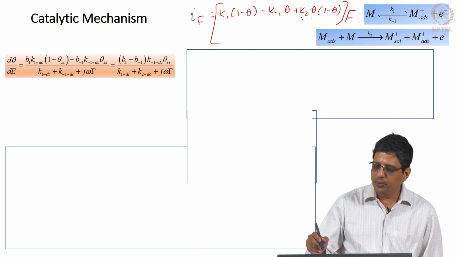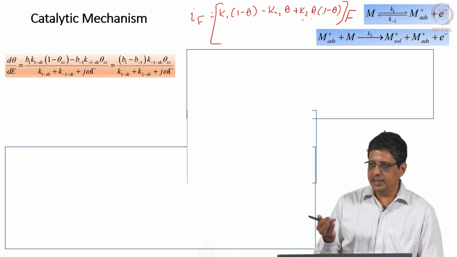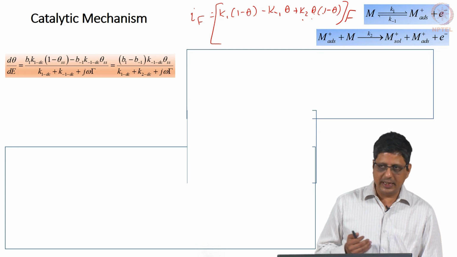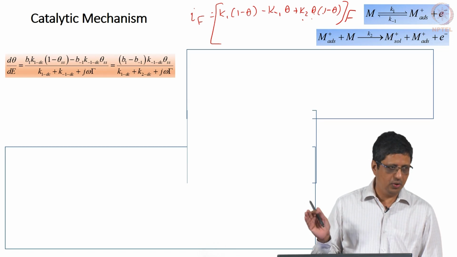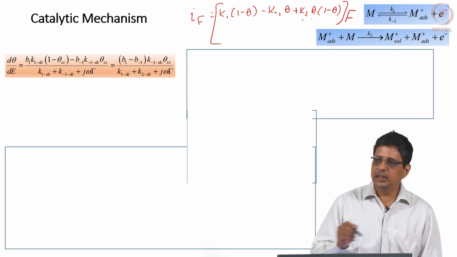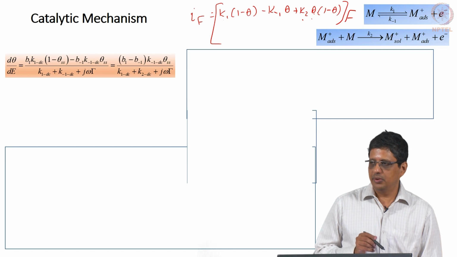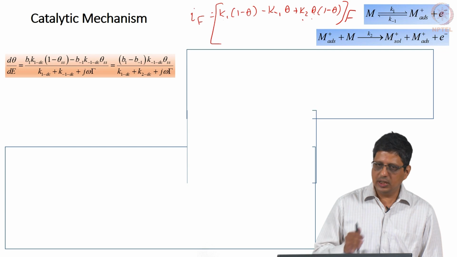So, you have k2 theta 1 minus theta, each one of them will give you an EAC term. So, you will get up to a cubic term, does not matter. You retain constants, you retain the EAC term, anything which is higher order you throw it away, neglect it, and then you will see that the terms that you get here can be segregated as DC and AC, and you will get an expression for this.